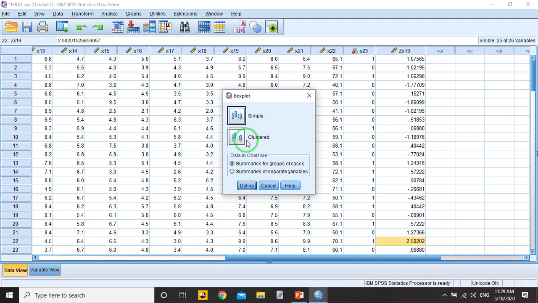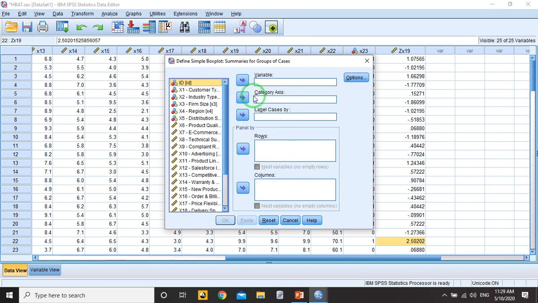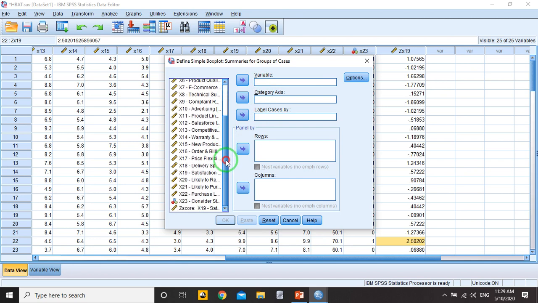Or if you have more than one variable to test, you can use cluster. There is no problem. So let me check just one variable. I have to check the variable on a category basis. So for example, let me check the